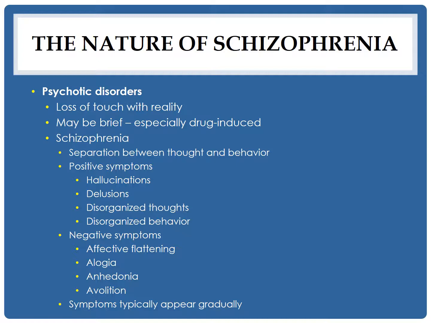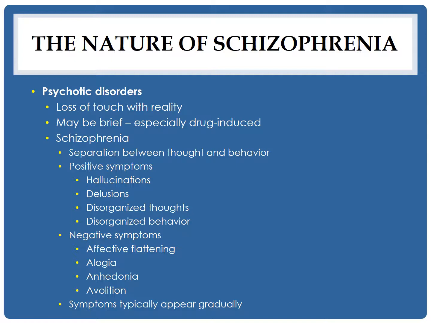You can see, so hallucinations can include any of the five senses: visual hallucinations, auditory hallucinations, where you hear something, maybe you hear voices; tactile hallucinations. We were talking about formication, the sensation that bugs are crawling on your skin, something like that. And then olfactory and gustatory hallucinations are less common, but that's where you smell or taste something that isn't there. And so this is a sensory experience.